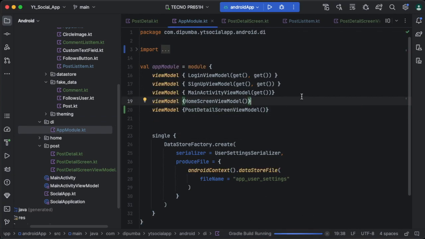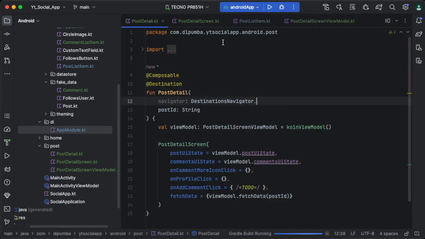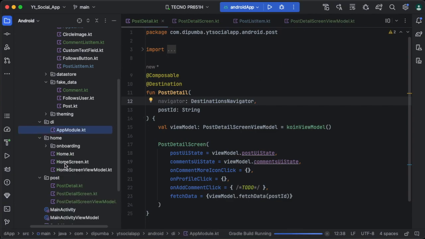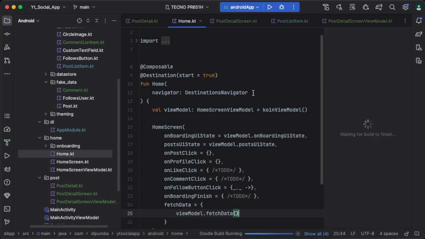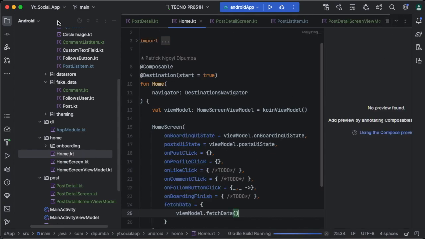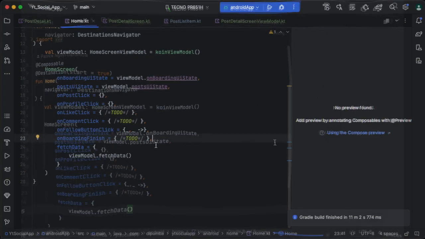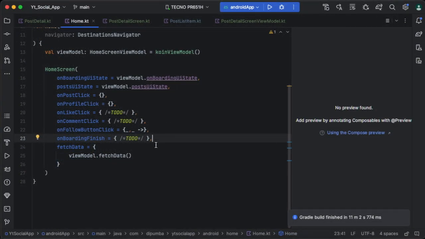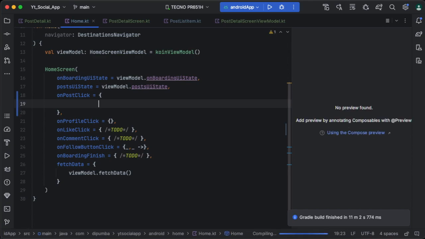Gradle build is running, and once it finishes, we'll need to implement the click to navigate to our post detail screen. And for that, we can open our home destination. Let me close this. Alright, so the build is done,